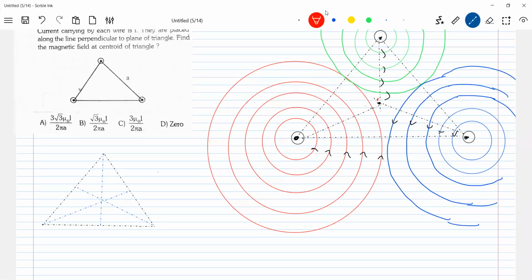Now it will be with this one. So B bar, this you call 1, 2, this is 3. This will be B1, perpendicular to this. Then the green color one perpendicular to this wire, B3, perpendicular to this will be B2. So what will be the angle between them? 120 degrees.